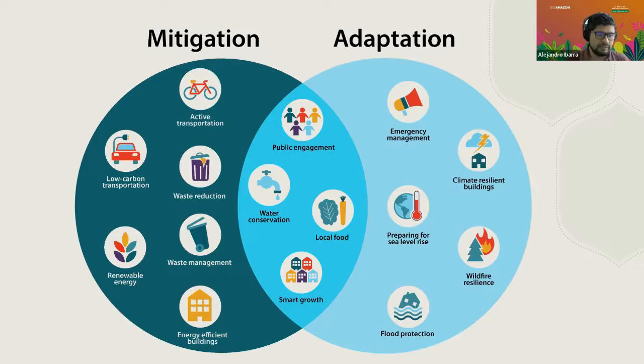For example, working with clean water, fighting for preserving the water. This is very important because water conservation is crucial, not only for people in the cities, but also for local communities who live in these conditions. And oil companies usually tend to destroy the possibilities to have water conservation. We have to prepare to have wildfire resilience, create resilient buildings, work with low carbon transportation and renewable energy. Those are some ideas that we can do. This is something that we, as humans, are trying to invest in, but these are solutions that we are giving to a problem that we are also creating.